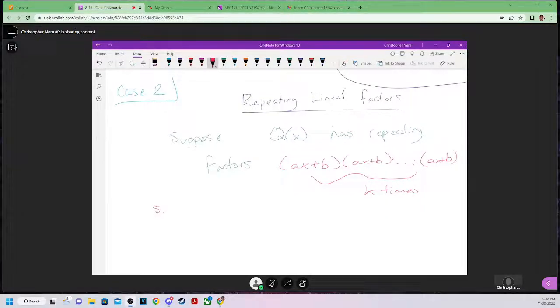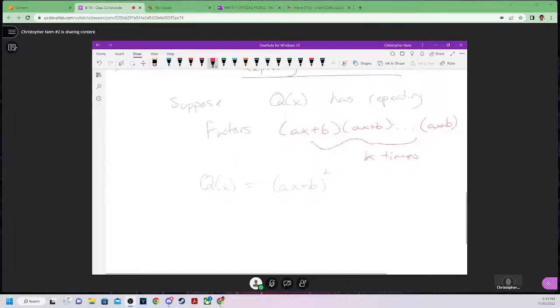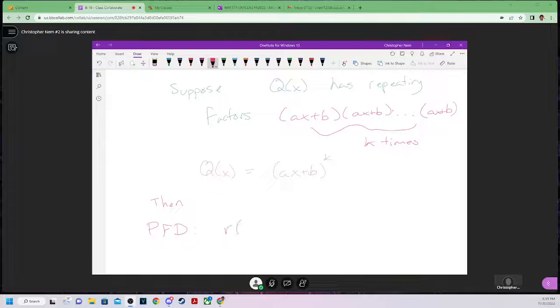Or we can also write this as Q of x equals ax plus b raised to the k power. That's the same thing. If they're multiplying k times, I can just raise it to the k power. The k could be 3, it could be 4, or whatever. So we have that idea. It's repeating now. Then the partial fraction decomposition is going to be R of x equals P of x over Q of x, which is going to be equal to